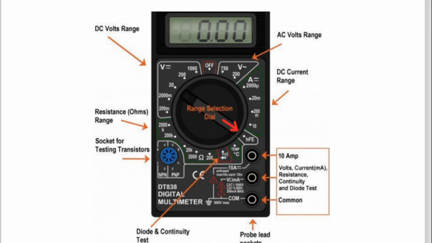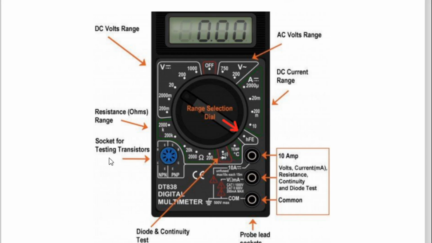You can stop the slide. You can observe the readings, whatever is shown over here. So this is a pointer which is to be set at different locations. You can see here the AC voltage measurement range, voltage and the sine wave symbol. And you can see here the DC voltage range, voltage and a straight line, means DC voltage. Resistance is measured in ohm in this range, this entire section.